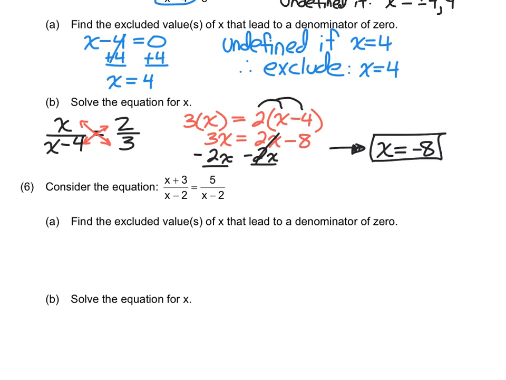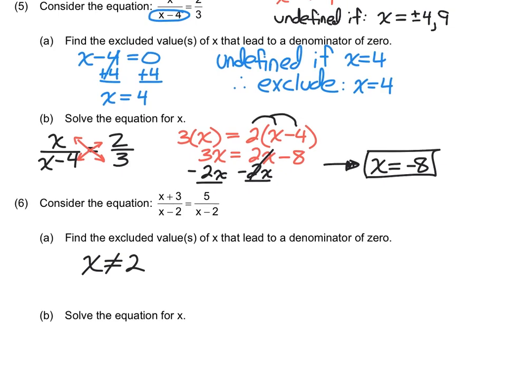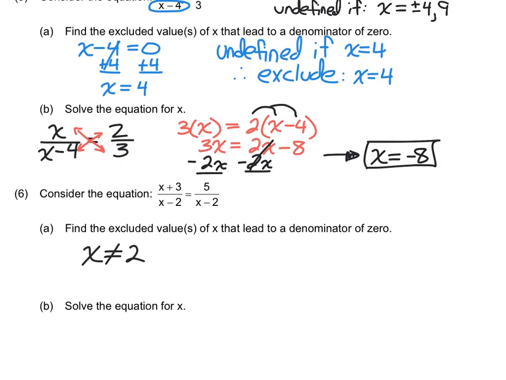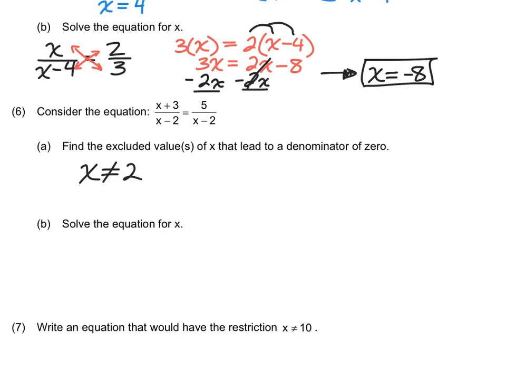Now, in number 6, you could kind of streamline the process a little bit. You don't always have to show the work. Find the excluded values of x. If you see it immediately, you could just make the statement that x cannot be equal to what? 2. That's the same as saying undefined if x equals 2, exclude x equals 2. All right, much more streamlined. All right, so